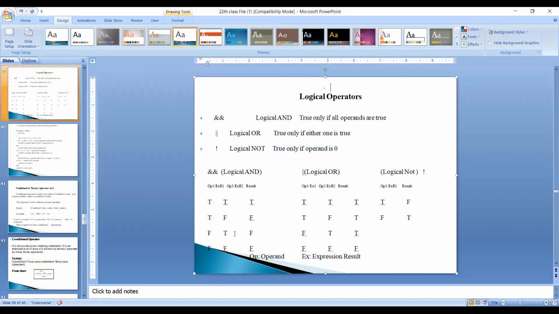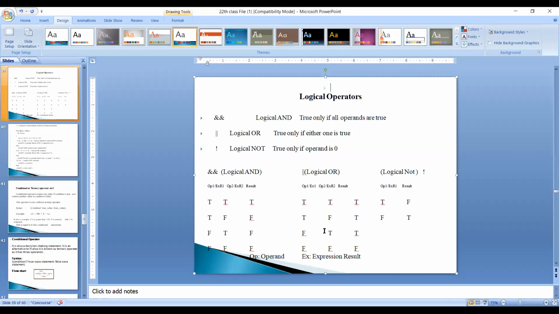Then the OR operator is also the same. If any one of the operands is true, any one of the expressions is true, automatically the result will be true. Here true means 1 and false means 0. So the result is 1.